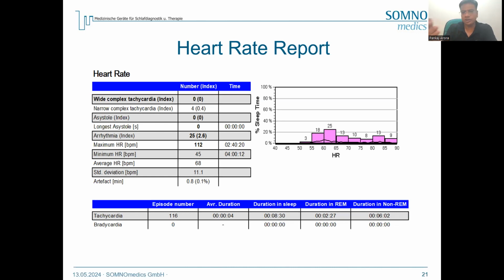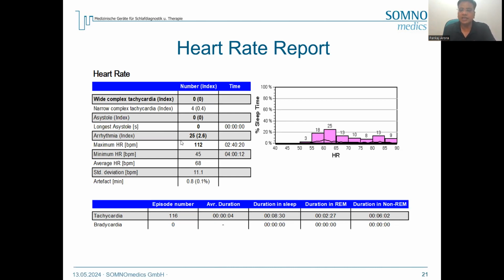or sleep disorders, and having obstructive sleep apnea or hypopnea, it will obviously have desaturations, which will affect his heart health also. So we need to look at how his heart is behaving, how his heart rate is behaving. So this will give you a comprehensive report of heart rate, which is giving you